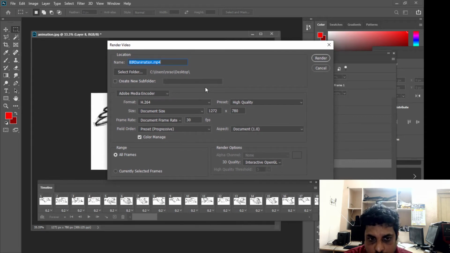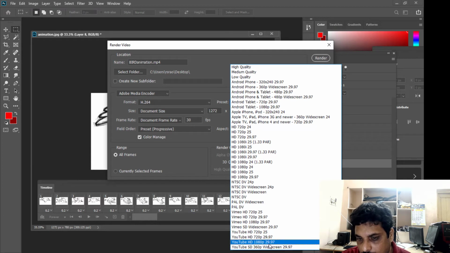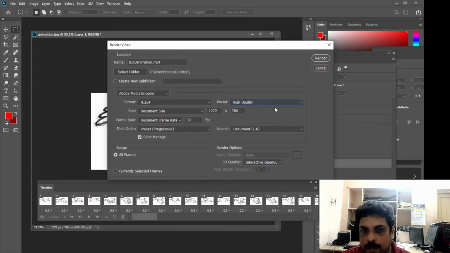Okay, and then see, you can try to experiment with these options. You can change them. The most important thing is, see, here we have a list of quality settings. So you can select either NTSC or PAL. Usually in Europe we use PAL, or in Asia we use NTSC. And we also have other settings. We have a YouTube setting here. See, if you want YouTube high definition, you can select this quality option. But we'll stick to the high quality here.